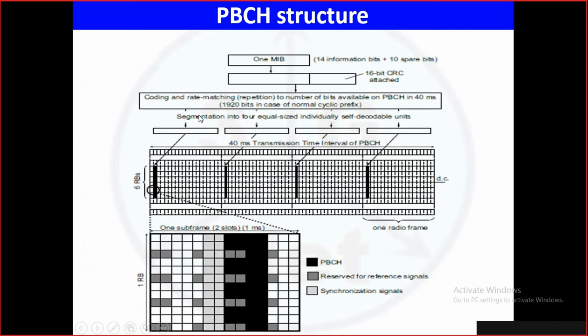But in this encoding process, each part contains these 14 bits. The second part also contains the same 14 bits, but in a different pattern. The third also contains the same 14 bits, but in a different pattern, because you have encoded it and spread it out, probably repeated it many times. So this 640 itself has those 14 bits, maybe with many repetitions inside. How it is encoded to be repeated, you don't know, but even within that, you will not miss these 14 bits.